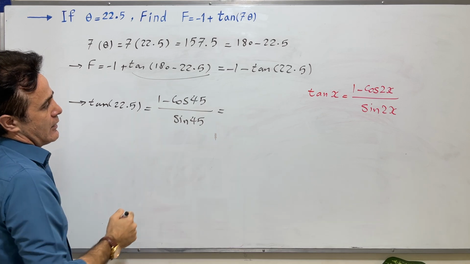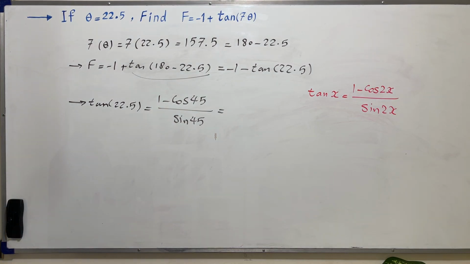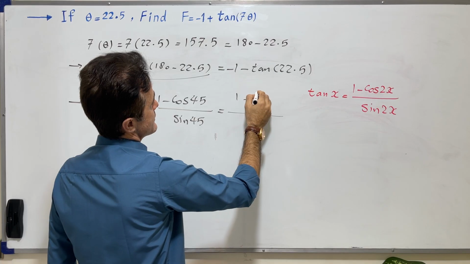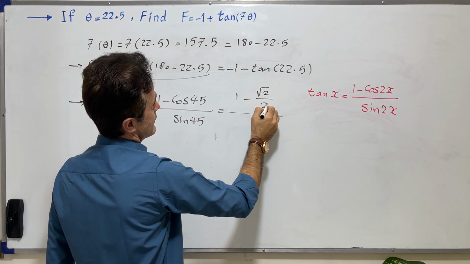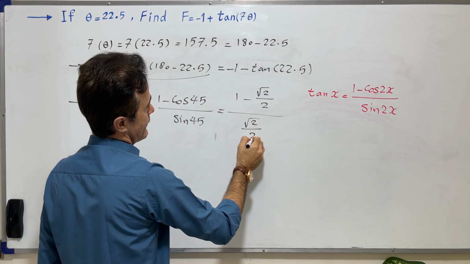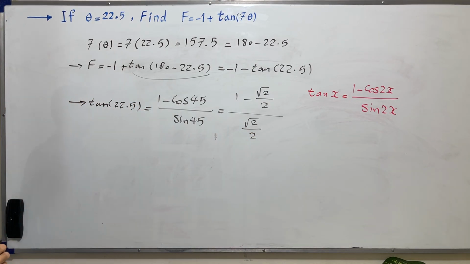Cosine 45 and sine 45 equal root 2 over 2, so we get 1 minus root 2 over 2, then over root 2 over 2. Now by multiplying the top and bottom of the fraction by root 2, we get